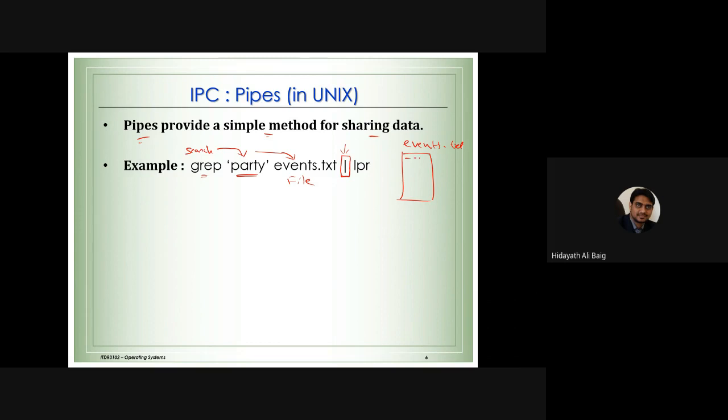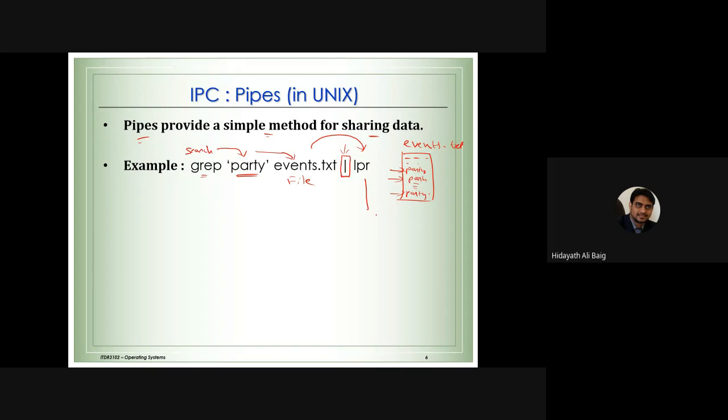There are some keywords here. Maybe it will have a party. Like in Microsoft Word, we try to search for something. Now, the command grep is like a search thing in Unix or Linux. So we search for this in the file. Whatever result we get, it shows, okay, it found it in line number 3, line number 4, line number 8, or some line number 9. So the result of the search command is going to be printed on the printer.